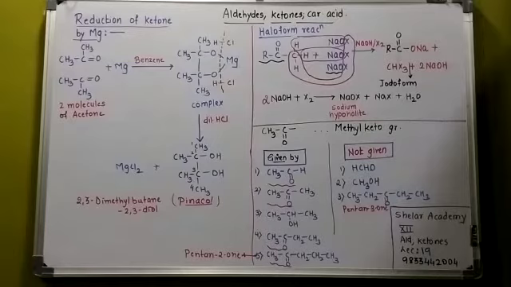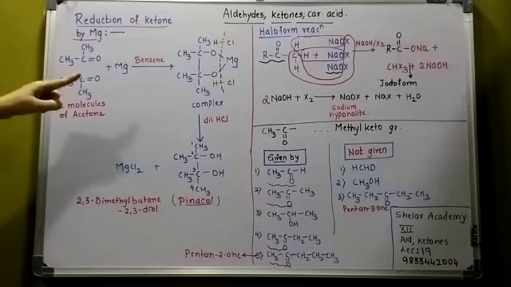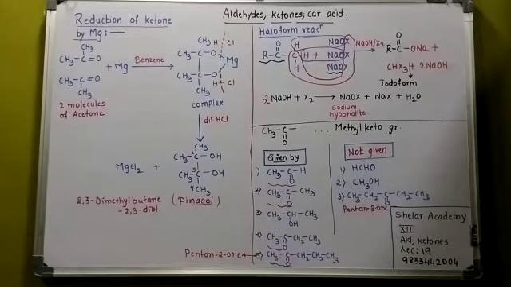So see, what does it form? It forms a complex. These are the two molecules of acetone. So the bond breaks here. Between the carbons there is a single bond, so as to satisfy the valency of carbon, the structure is right. Fine. That is the intermediate. That is a complex formation.